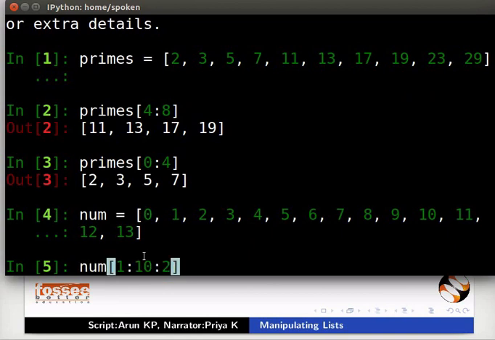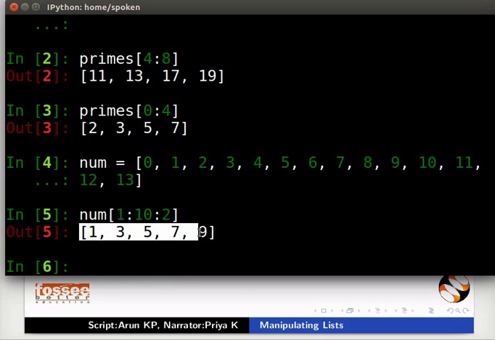Type num inside square brackets 1:10:2. We have to start from element with index 1 up to index 10 in steps of 2. It is called striding of list. Press enter to get the output. We got the odd numbers less than 10. When no step is specified, it is assumed to be 1.